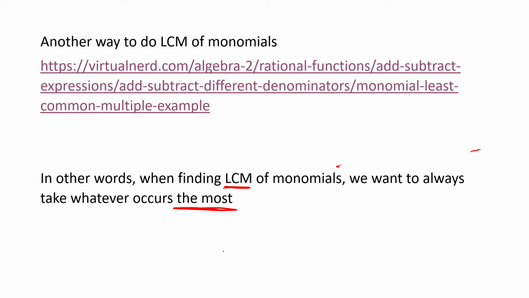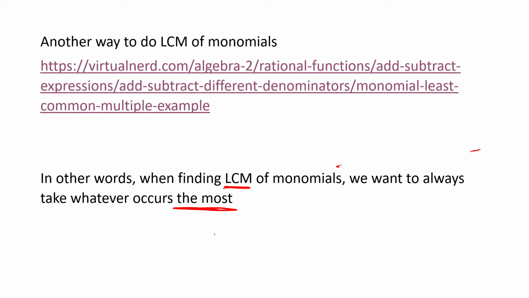You can also switch this around, and instead find the GCF of monomials. We can find the one that occurs the least. However, that's a whole other topic, and I don't want to go over that because it's too advanced and too confusing. Okay,